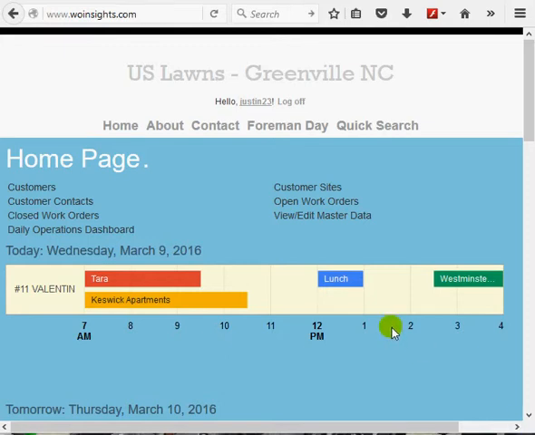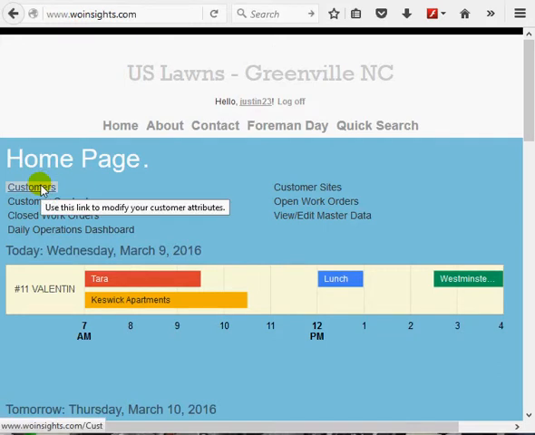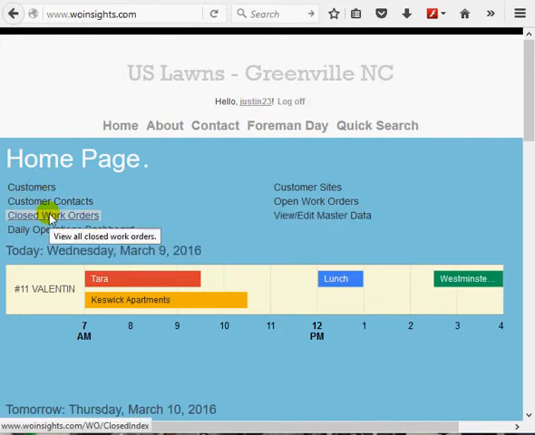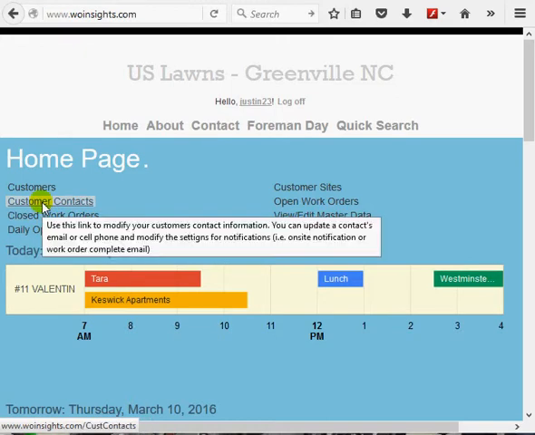This is a quick walkthrough of some of the new and recent features added to Work Order Insights. So to start with, you'll see in a lot of places Tooltip text that pops up when you highlight different hyperlinks. So here for customer contacts, it says use this link to modify your customer's contact information. You can update a contact's email or cell phone and modify settings for notifications, on-site notifications, or work order complete